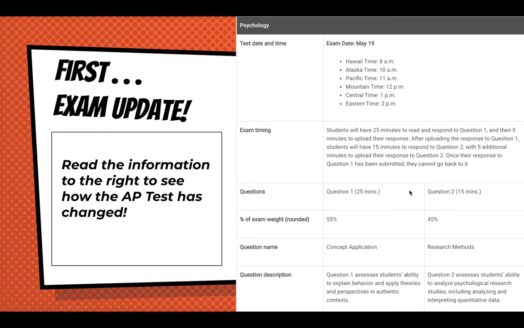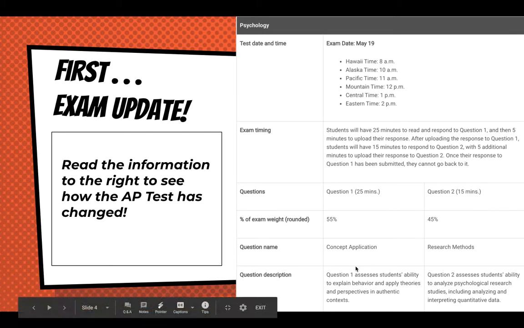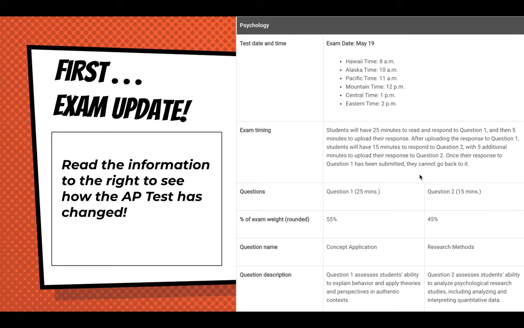So you'll have these 2 questions in the allotted time. One question's worth a little bit more than the other. The first one is all about applying what you know about different terms and concepts, kind of what we've been doing already, where you'll get a scenario, and then I'll say, apply these terms to this and explain how they're related to it, or whatever it might be.